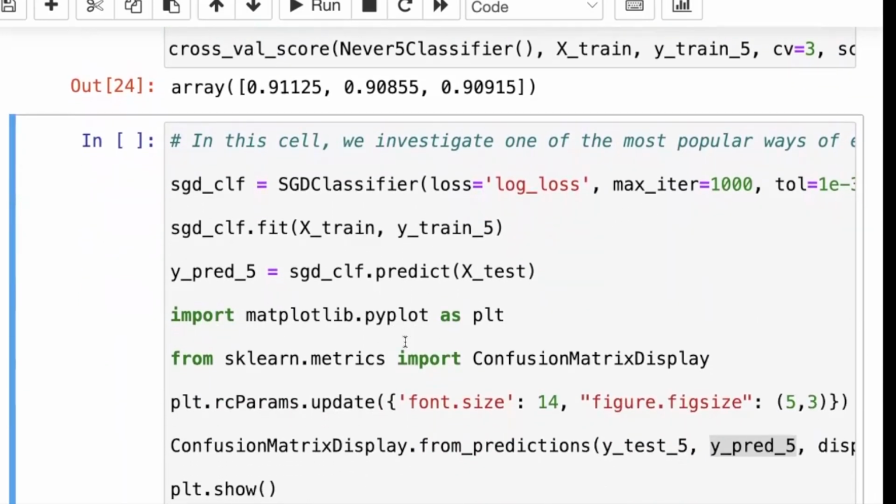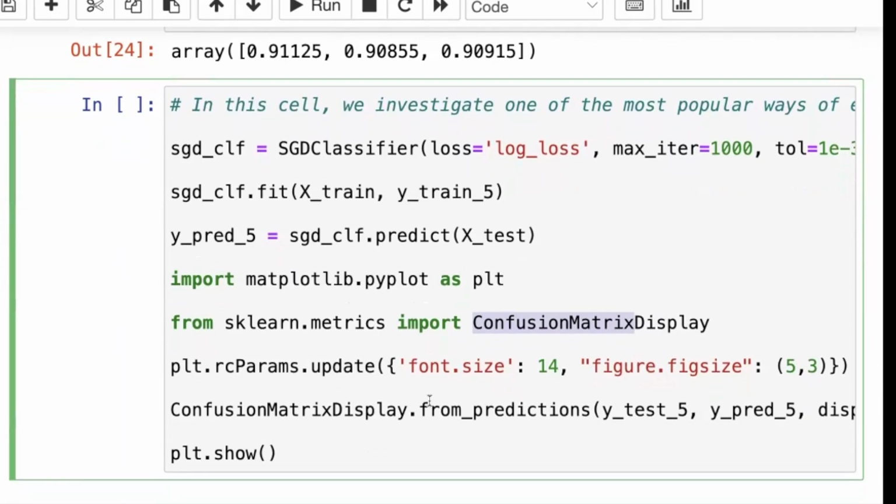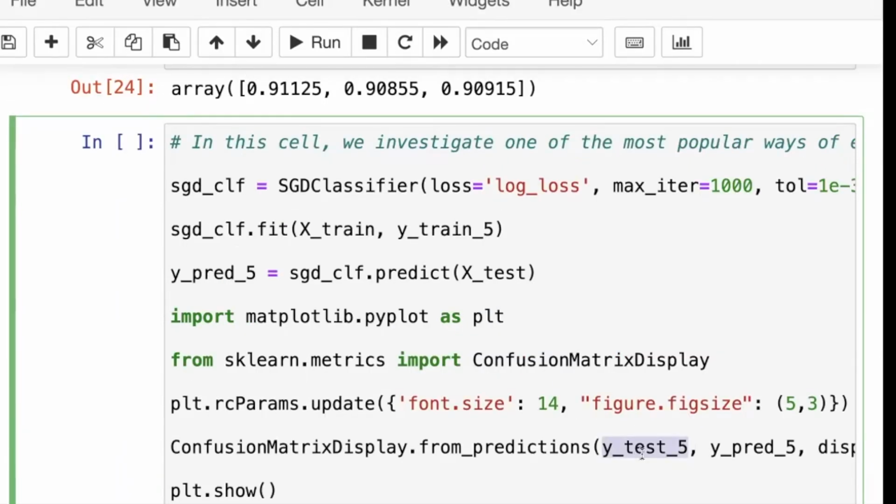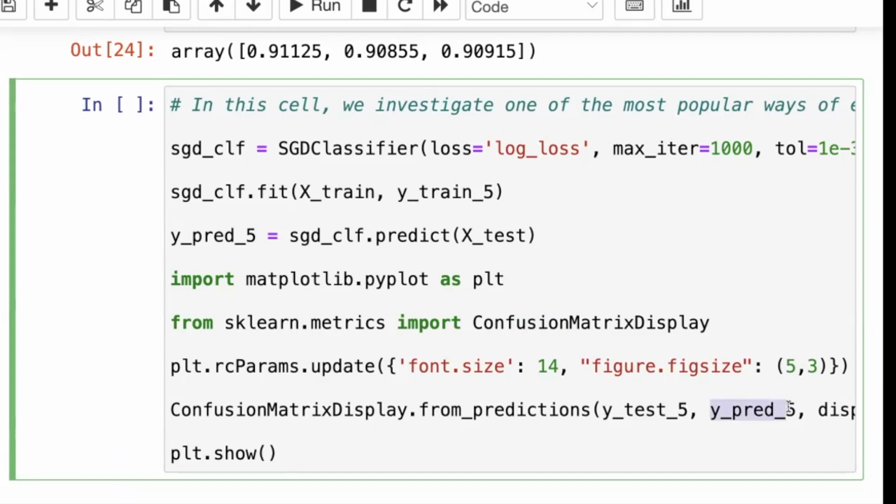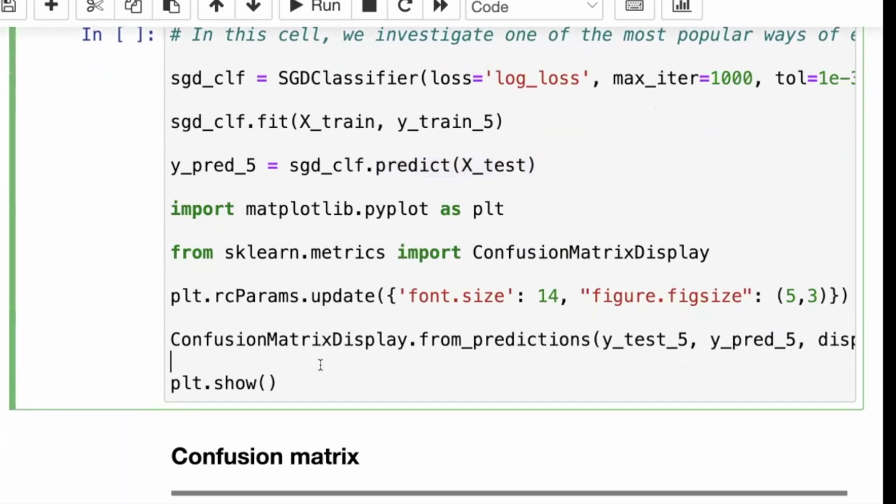So one of the things that we can do to measure the performance of a classifier, especially in a way that we can visualize the result, is using a technique called confusion matrix. So what is a confusion matrix? It's very easy once I plot the result. You can see that it is in scikit-learn.metrics. And the way that this really works is that you provide the actual target values for the testing data points, so that's y test, and what we predict, this y_pred5. So this is what we predict from our classifier. So if I run this cell,